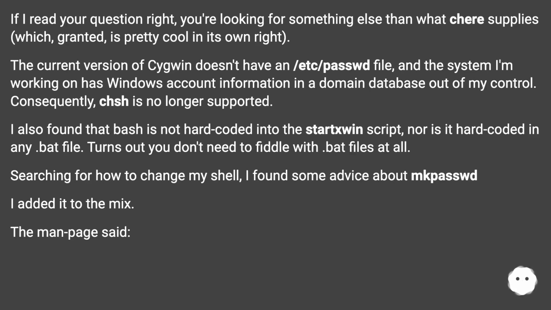I also found that bash is not hard-coded into the startxwin script, nor is it hard-coded in any .bat file. Turns out you don't need to fiddle with .bat files at all. Searching for how to change my shell, I found some advice about mkpasswd. I added it to the mix. The man page said,